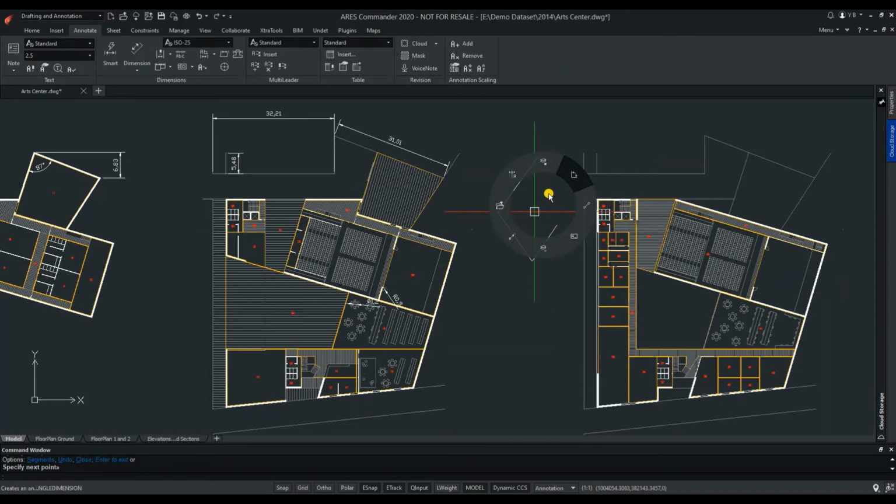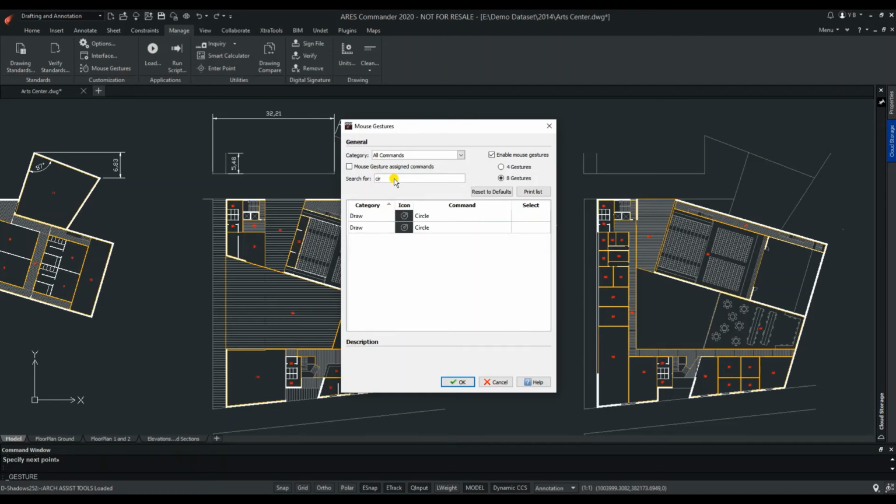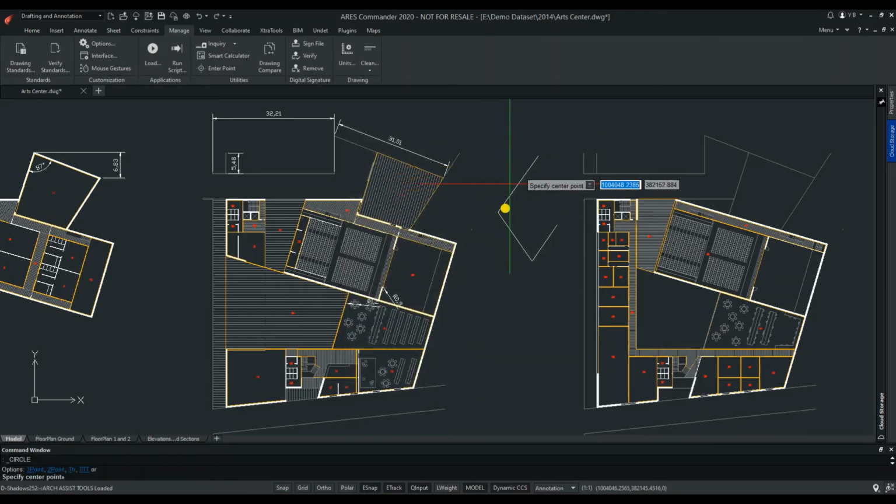I can select whatever dimension or commands are required in this mouse gesture directly by going to the manage mouse gesture option. Let's say I have all these 8 commands selected in the mouse gesture here, but I want the circle command instead of the angle dimension command. So I can just simply go to the circle option and assign it a direction. So now I have the circle command in my mouse gesture. A unique but really powerful tool which can help me in creating different entities in shorter time.